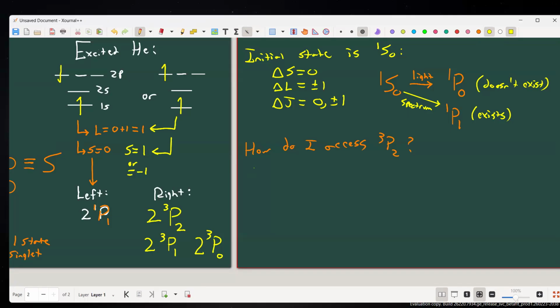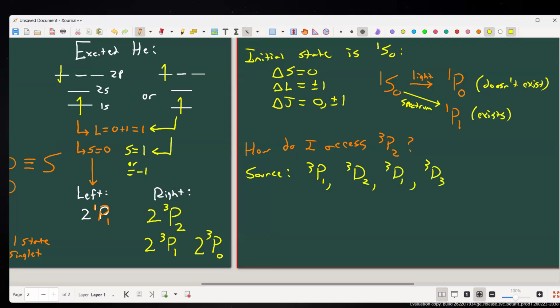My source would have to be something where L is D or P. It would have to be a triplet P1 state, or a triplet D2 state, or a triplet D1 state, or a triplet D3 state, depending on which ones we have. I don't know. Right? And all of these states, sorry, I should say that these are